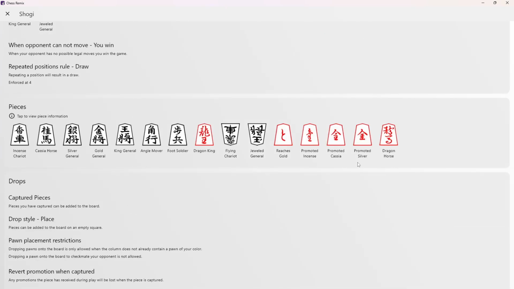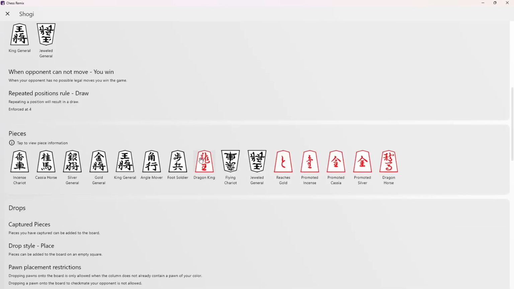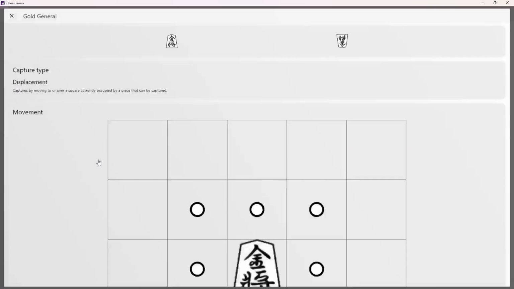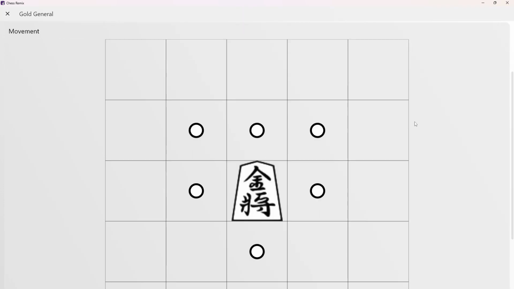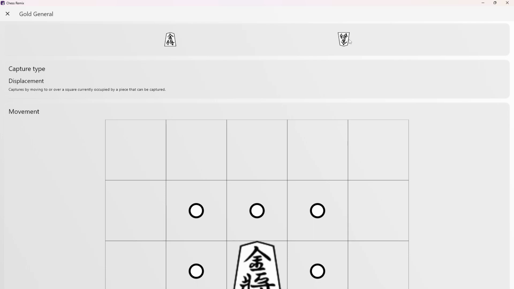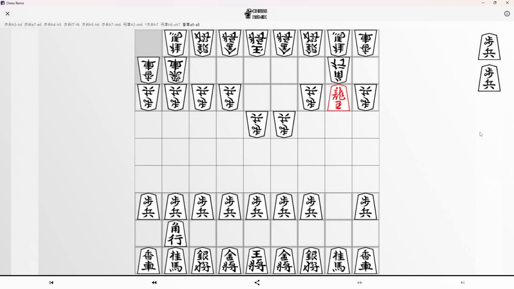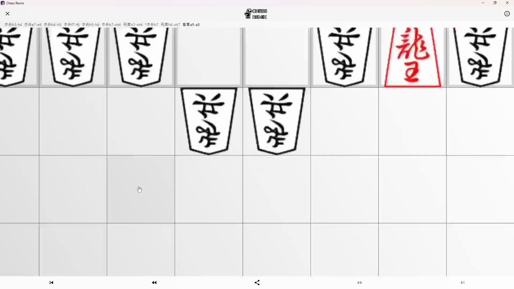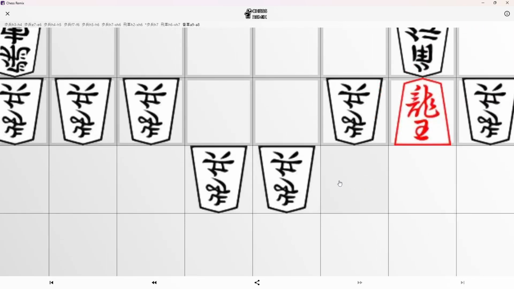And if you are ever unsure of a specific thing, like let's look at the gold general, it will show you in what ways that piece can move, which squares that piece can move to. So it's cool. So you can play shogi. If you want to play shogi, but you also want a chess app with different variants, you can totally do Chess Remix. But here's one other thing I love: if you have a mouse with the scroll wheel,